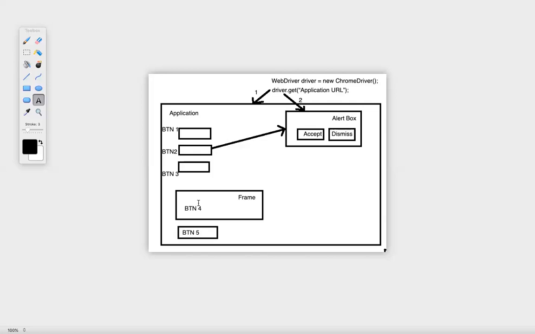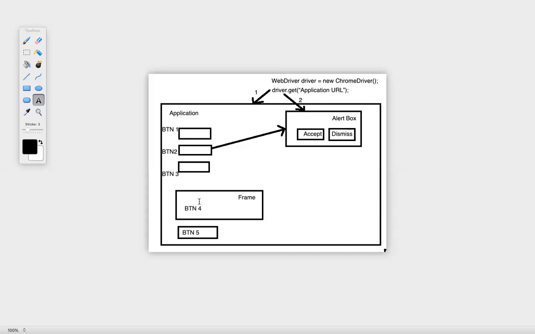Can be an interview question. There could be multiple issues, right? For example, there is a button, but the button is not visible on the UI at this particular moment. Or the button is displayed, but it is not clickable, it's not enabled. Or the other reason can be that the button is displayed and it is enabled, but it is actually in an iframe, and that is why you are not able to click on this particular button.